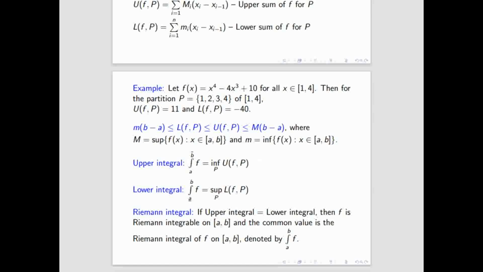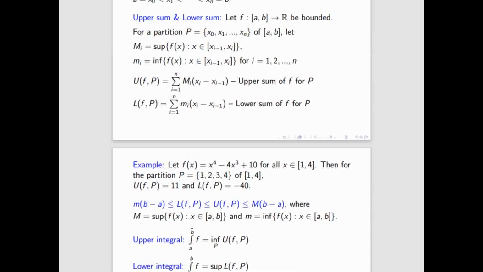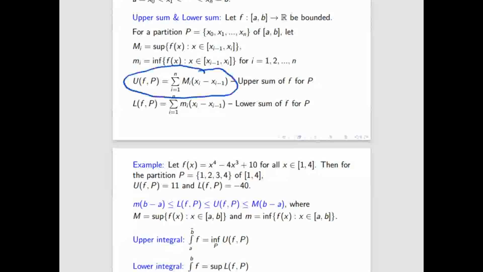If we see the upper sum, we'll take the maximum value in the interval xi minus 1 to xi and then multiply by the length of the interval. We will get the sum. Similarly, for the lower sum, we have to take the infimum, that is the minimum in this case. The minimum value or infimum here is k, and then the length of the interval, that is 1 by n, because we took